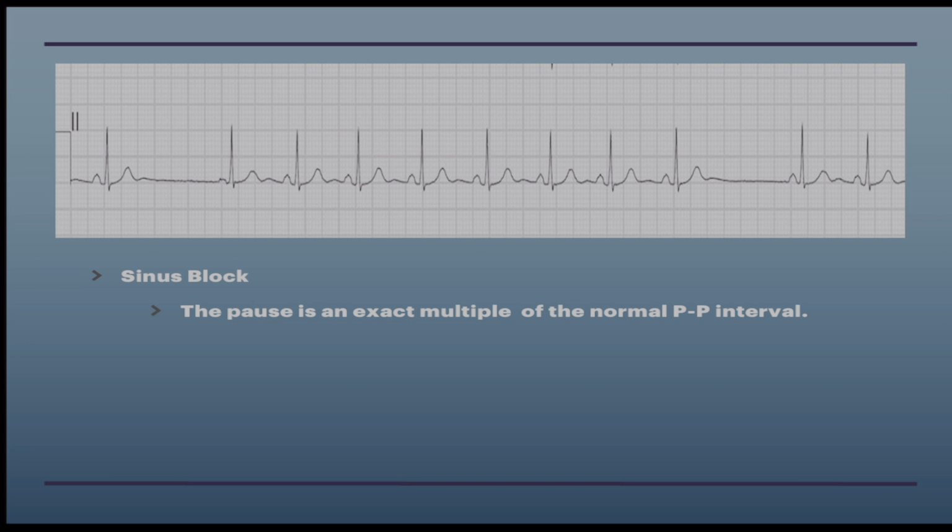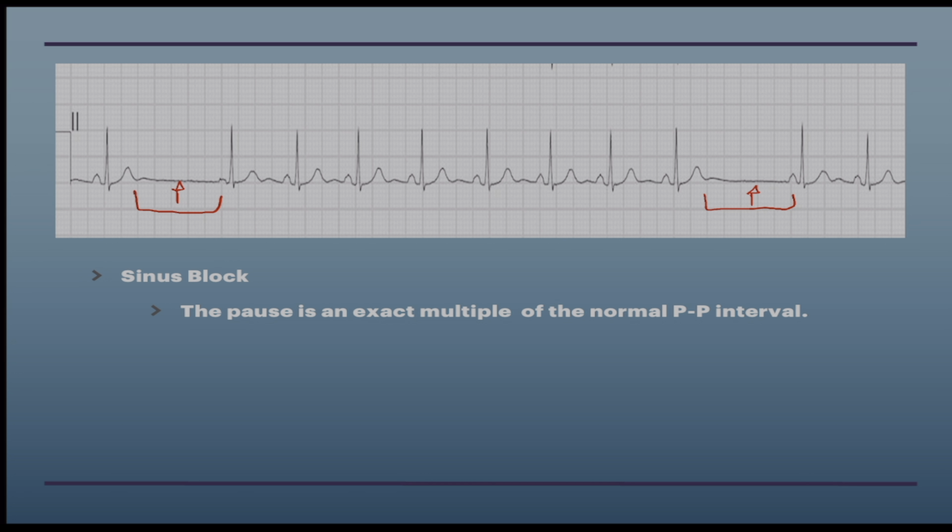So what we're looking at here is a sinus block. A sinus block is basically what it says. You have a sinus rhythm that's beating away as it normally would, and then suddenly it drops a beat, and the beat's no longer there. So you can see it here and here, that there should be a beat that occurs somewhere right in there